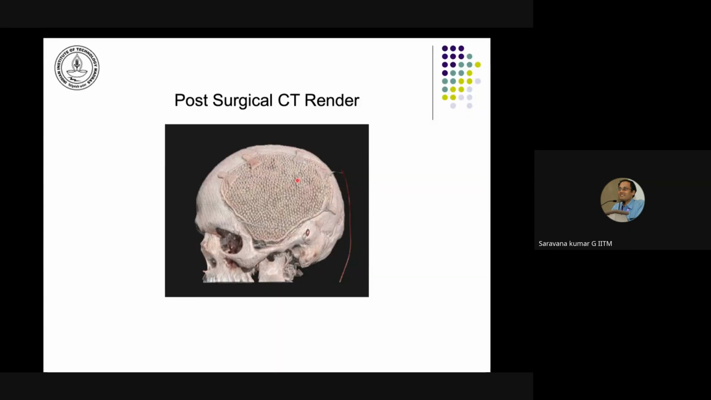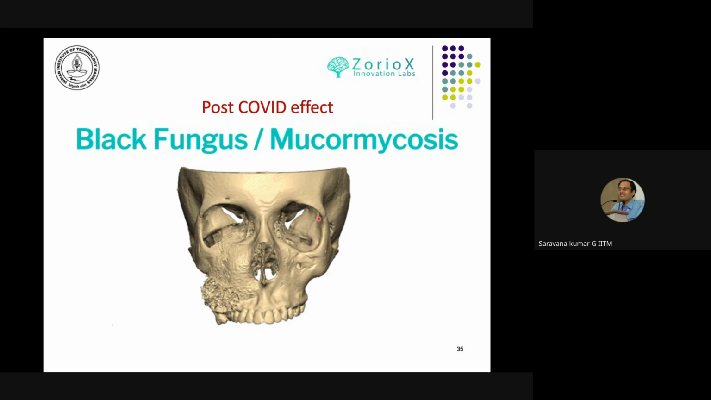So we can also look at the post-surgical CT and look at the form and fit characteristics. So we analyze how the form and fit and the reconstruction, how good it has been. Rather than qualitative, you can do a lot of quantitative analysis as well. One of the other